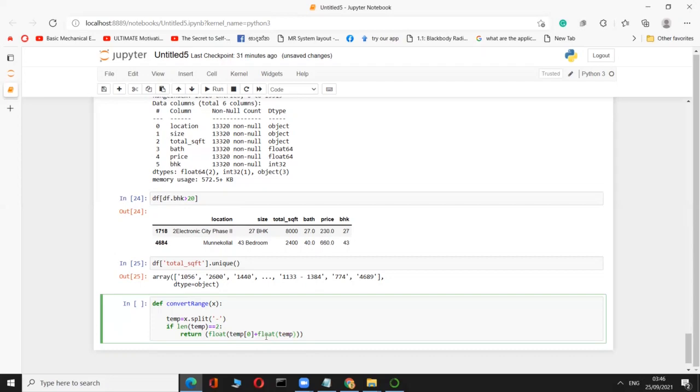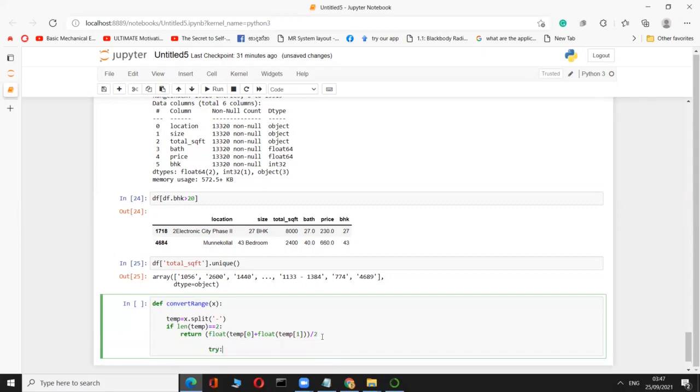Then you come here, you put the index 1. Then divide by 2. Okay, then we'll put try catch, the exception handling,